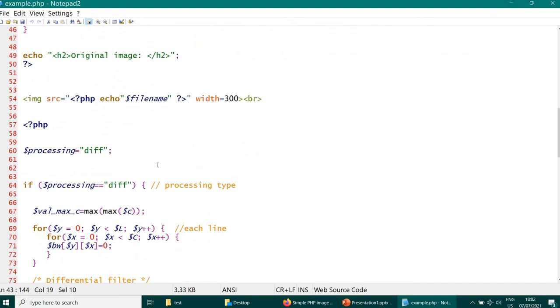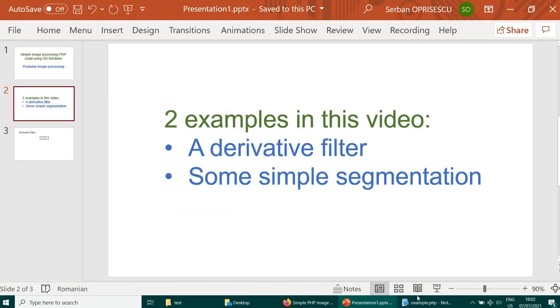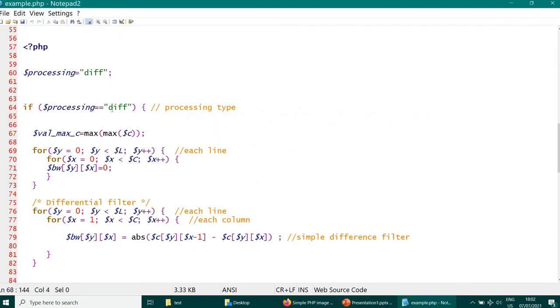Okay, and then I have a switch here to choose between the two methods I said I will present, the derivative filter and the segmentation. The first one is the derivative filter.